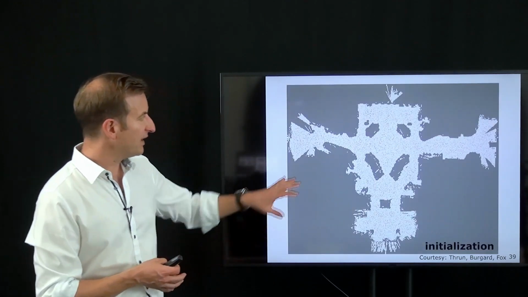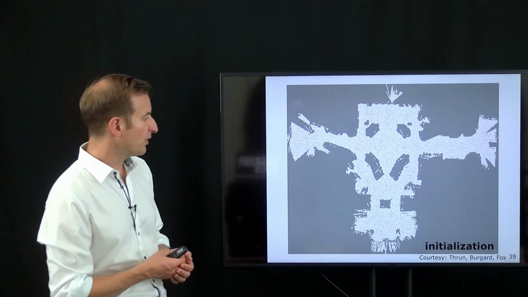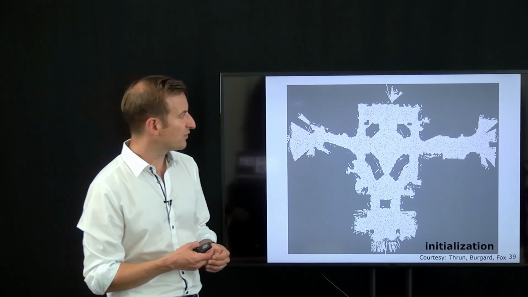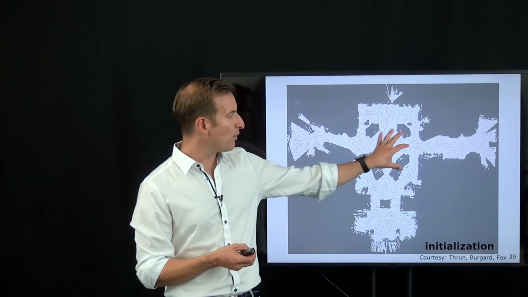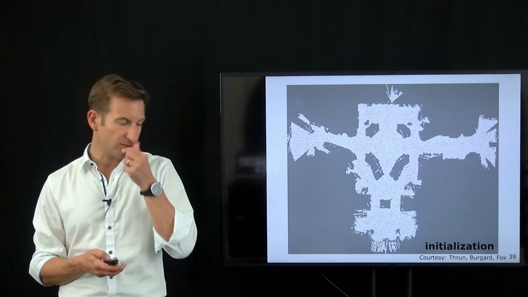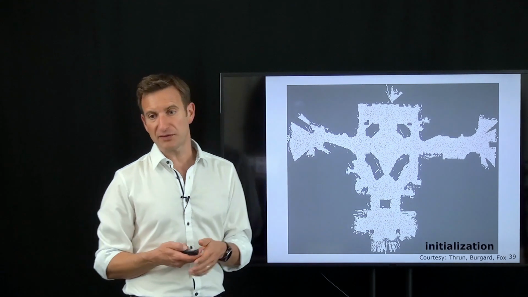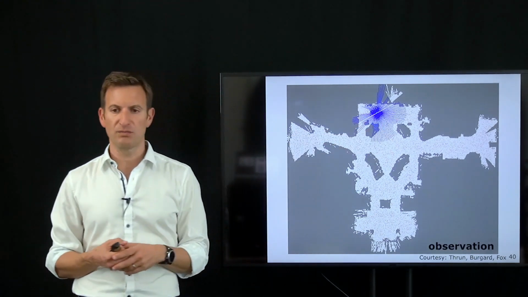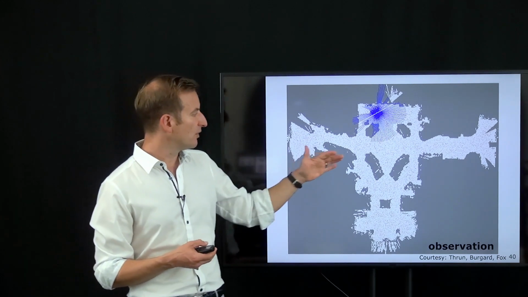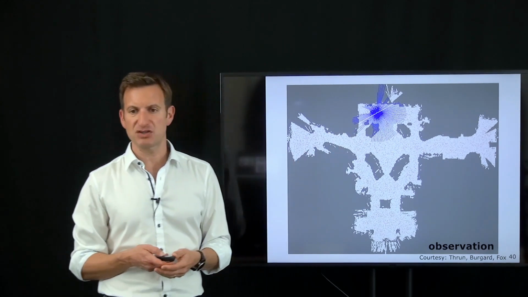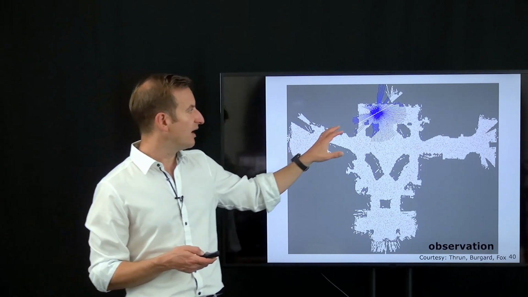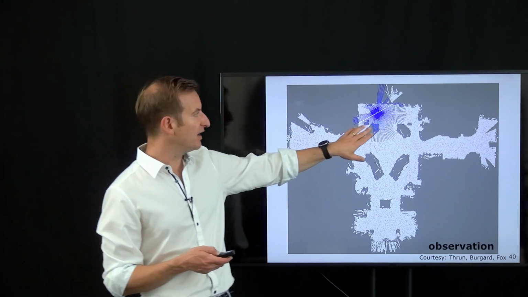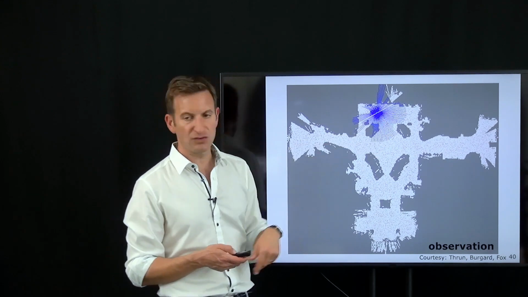This is a floor plan of the Smithsonian Museum of American History, or the section where the robot Minerva was installed. You can see our sample set distributed over the space. The robot was equipped with 2 laser rangefinders, one looking to the front, one looking to the back, illustrated here by those blue dashed lines. So this was the sample set. A first observation was obtained, and this always shows where the system thinks it is right now. It's not the right place. In reality, the system is over here.